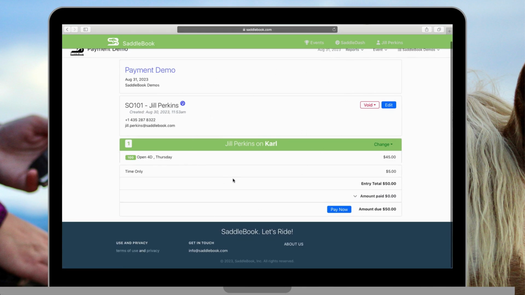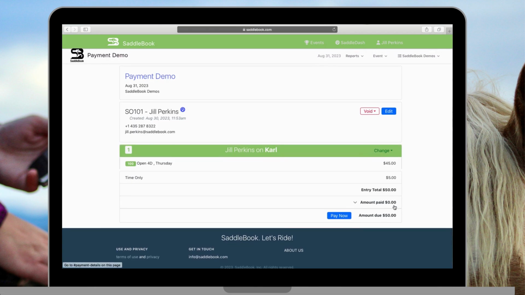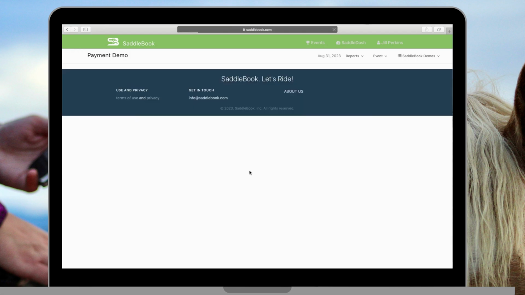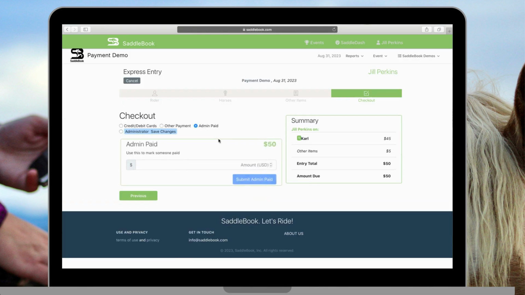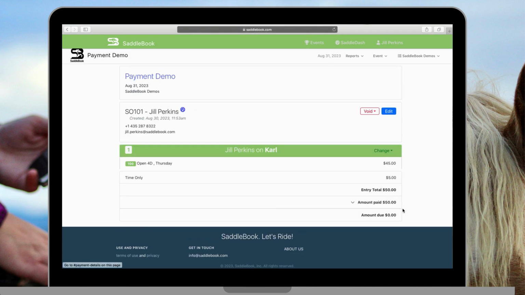This is what their entry will look like once it's submitted, and you'll see here that there is an entry total, the amount paid is 0, and then there is a pay now button that would take them back if they decided they wanted to pay with credit card. And then it will show the amount due is $50. If you were to go back into this entry and then you were going to mark that this rider paid you money, you can go ahead and do pay now. You can then go to the admin paid option and enter the amount paid. You can then submit it, and you'll see here that there is now not an amount due